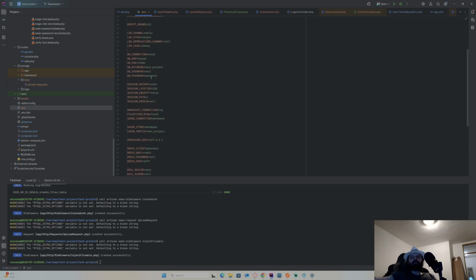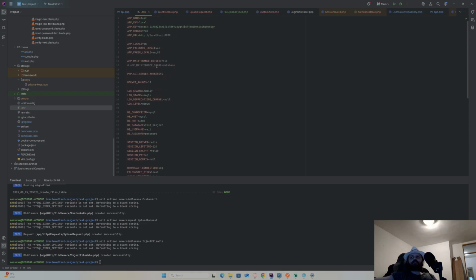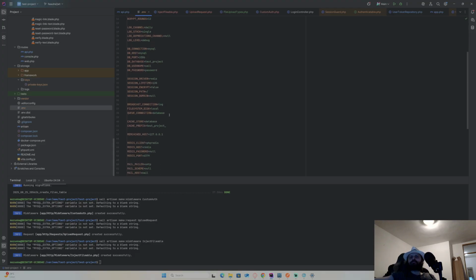I didn't use Laravel's internal AWS logic, but it has it here. Let me just check. File, here we go. No, not that one. Local stack, channel, host, session driver, file system. Here we go. So disk is local.